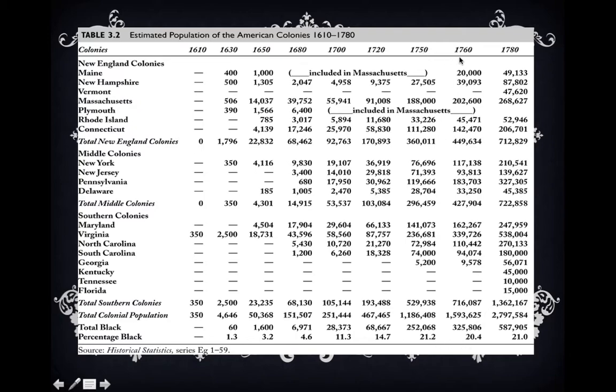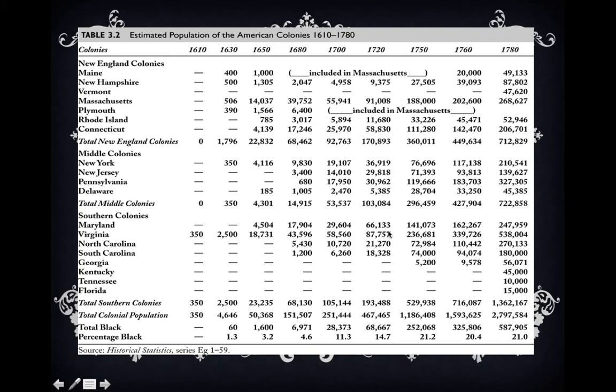After 1750, we actually start to see the importance of slavery start to decline. In 1750, we see it's at 21%, and that drops to roughly 20% in 1760, and then rebounds in 1780 to roughly 21%. And then the numbers we saw from that previous table, 1790, it dropped to about 19%. So I want you to realize that in the stages, if there are any questions that relate to the stages, that